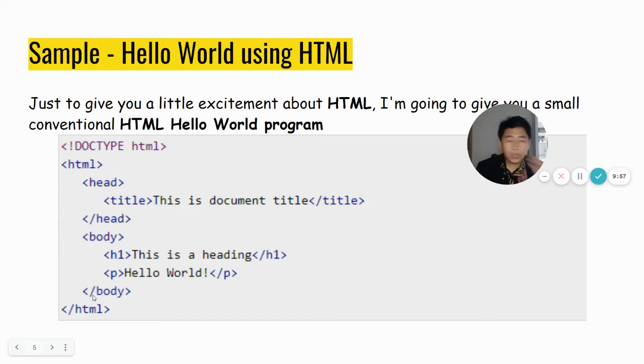Later on, of course, we'll be discussing these tags thoroughly. But this time I'm just going to show you so that you'll have an idea about how to create HTML. And this time we'll only be using Notepad. Of course, all of your computers and laptops have Notepad, so we're going to be using Notepad for HTML. In this example, we have the HTML tag, and we have the head, which is like the heading of your website,